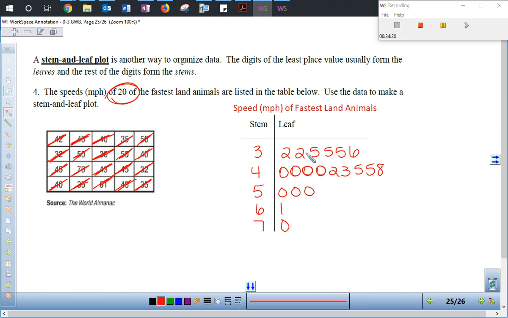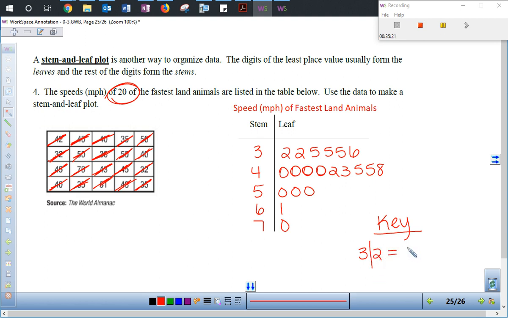Now the key tells us how to read it, because we don't really know if this is 32, or maybe the information is trying to tell us that this is 3.2. What is going to tell us that is the key. So in any corner, I don't care, I'm going to put it down here, we need to put a key. And we just need to take one number. So for me, I'm going to take the first number that I used because it's easiest. And I'm going to show that 3 bar 2